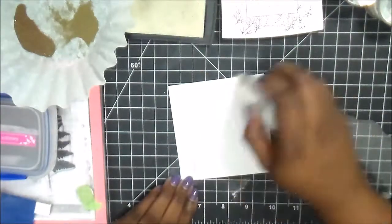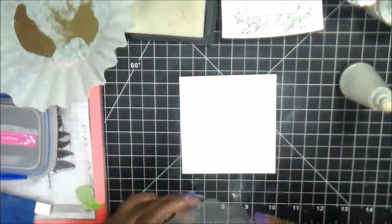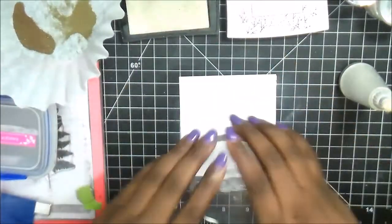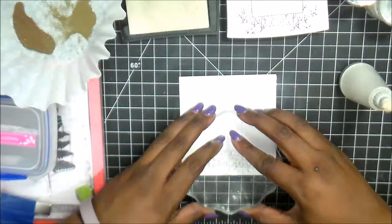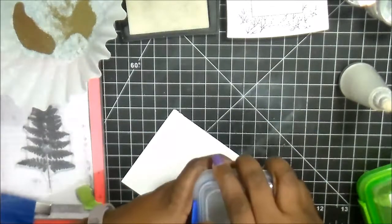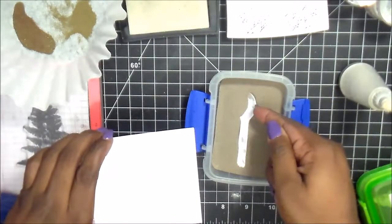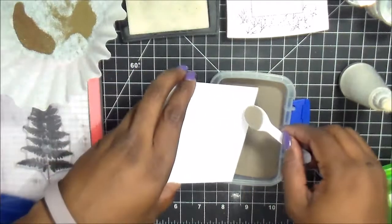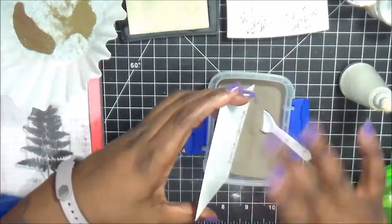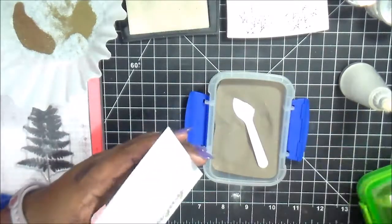Okay, we're going to do it one more time. This one is more of a saying. It says you are amazing. I've treated the paper. We're going to ink it up with the Versamark and then stamp straight down and up. And then what I decided to do on this one is take the liquid platinum again, and we're going to line it up on most of the word amazing, leaving a little bit on top of it